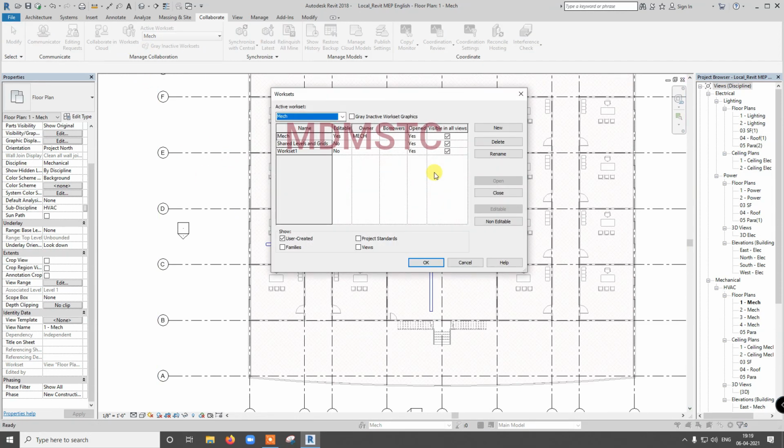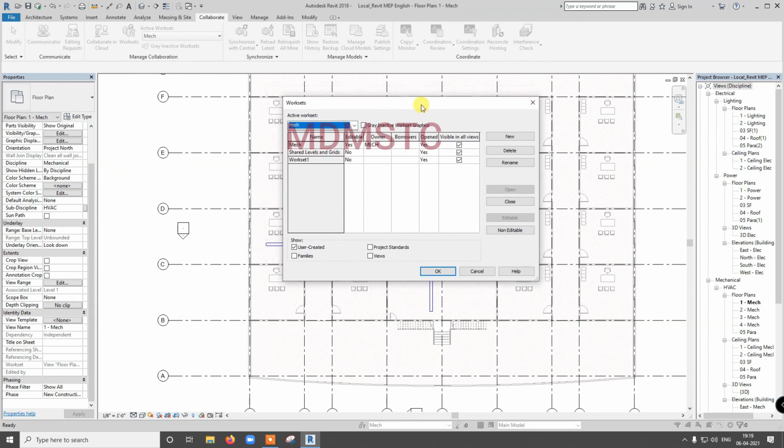Regarding worksets, whoever works will create the worksets, not the admin creating the entire worksets. I need some worksets, and depending on that I will do it. For example, if I am going to have mechanical equipment, I may create a separate workset for that, and for ducting I may have a separate workset.